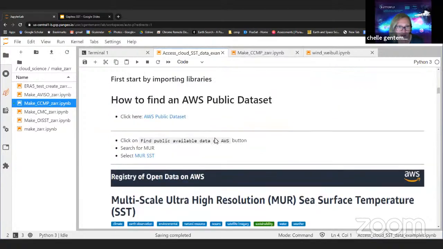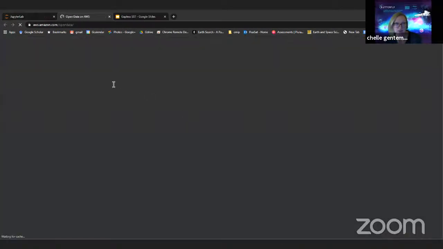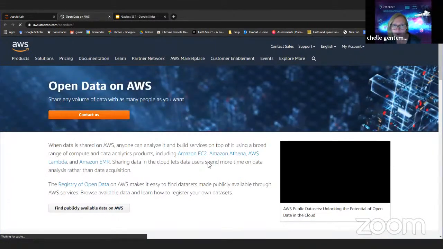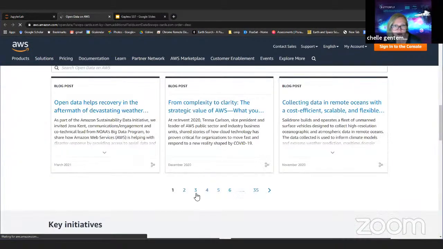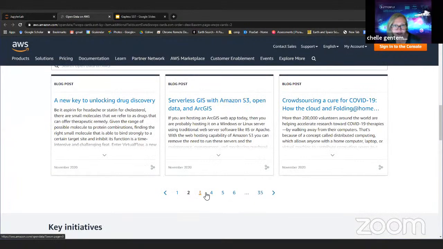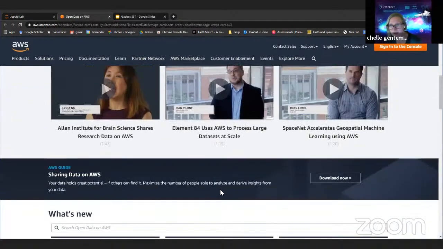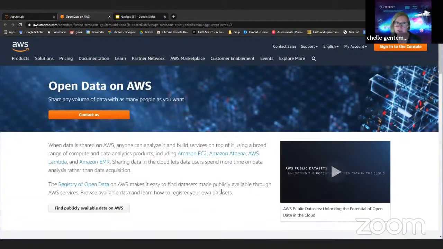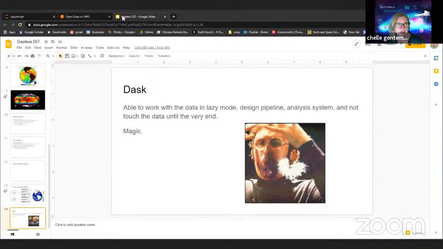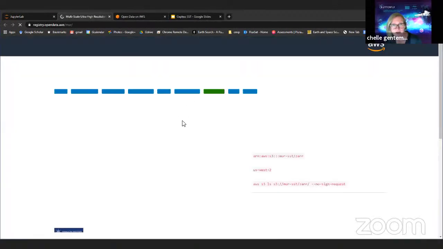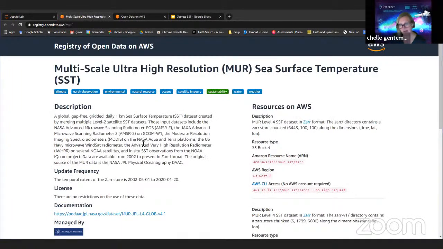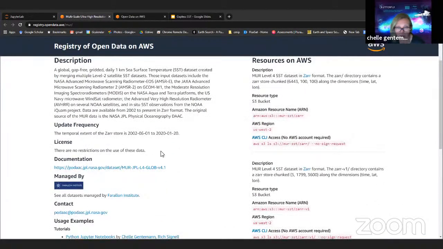But within the notebook, there are some clicks that launch you to the open data program on AWS. And it starts to give you some introduction to different data sets, everything from biology to life sciences. You know, this has been transformative for COVID research as well. And in the Jupyter Lab, I also talk about how to find the different data sets, and then I give some examples of how to navigate it. Because when I first went to the open data set program, both on Google and AWS,